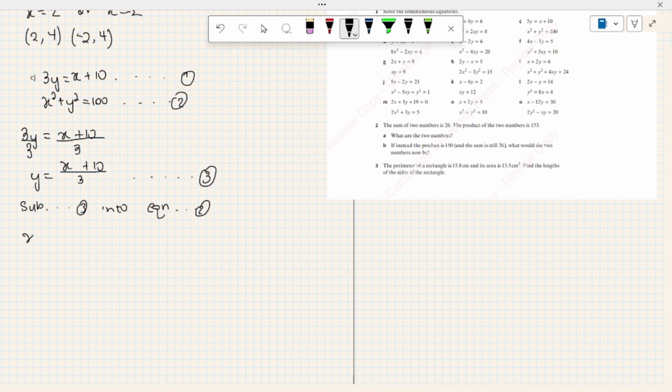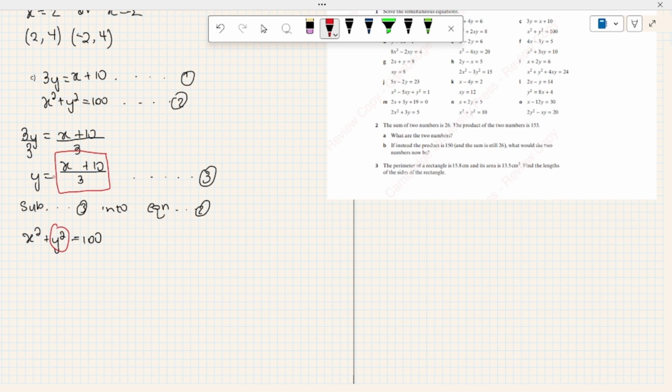Equation 2 says x squared plus y squared is equal to 100. So in the space of y, we're going to substitute this value,